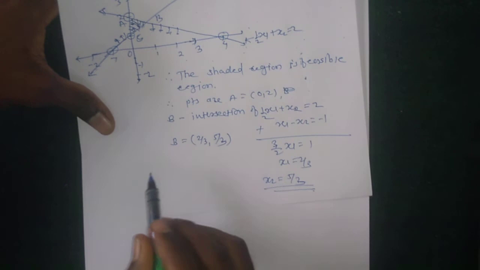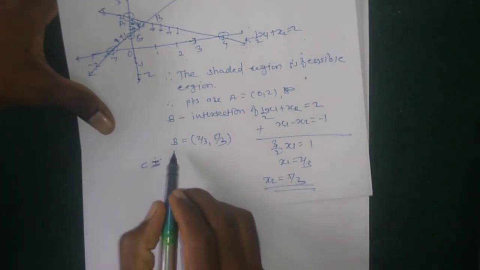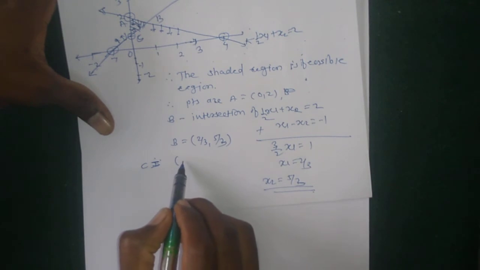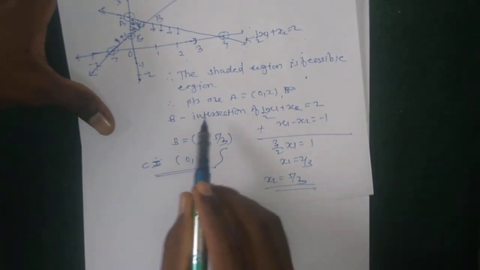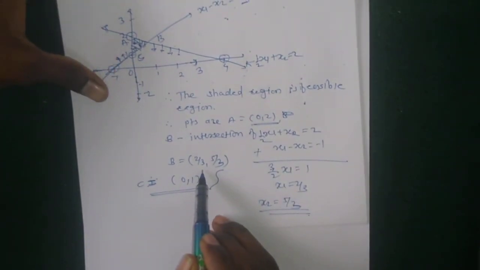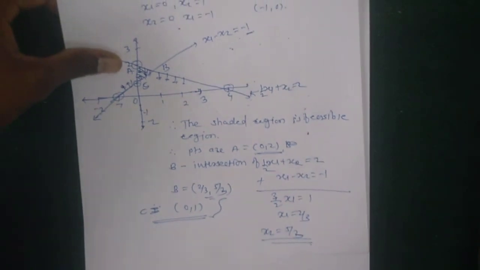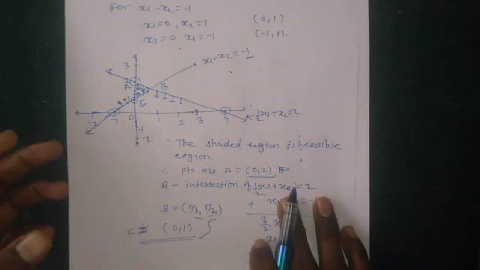Okay, so the points of point C are (0, 1). And so find the maximum value at each point. Point B may have the maximum value. Okay, so find the maximum value in this way. How to choose the region is very important here.